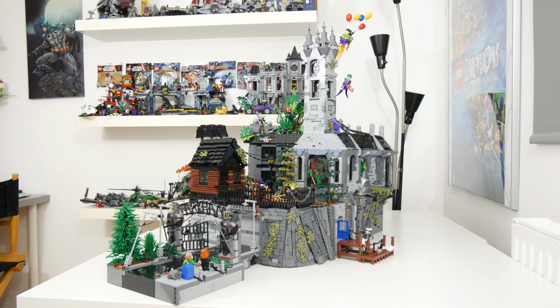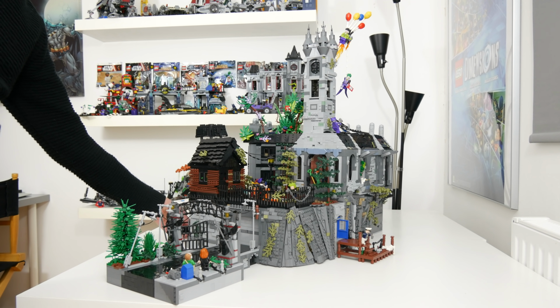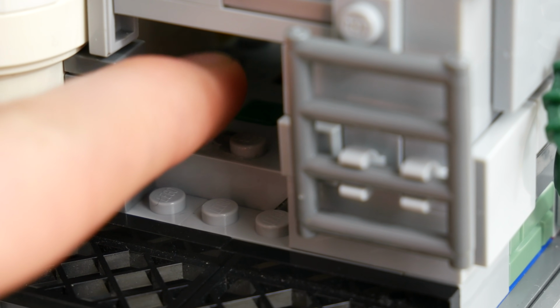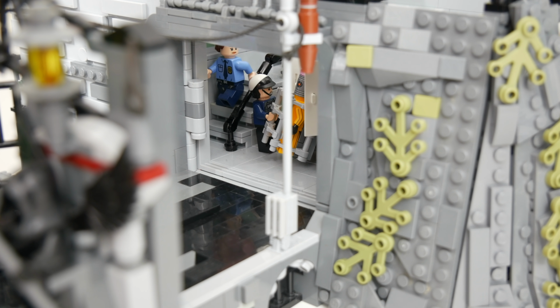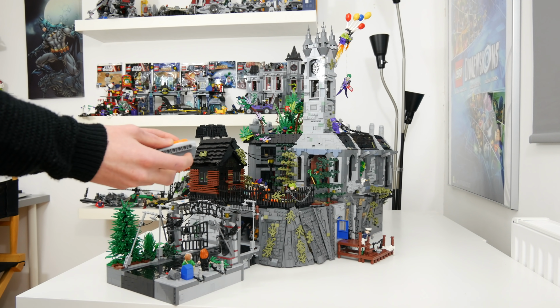So starting off, I'm just going to show you the electronic door. Now the access panel to the door is round this side over here. By removing the fence and then this little panel, you can get access to the power pack button. Then to control the door, use the Power Functions remote control. Also with the Power Functions, you can turn the lights inside the small bat cave under Arkham on and off